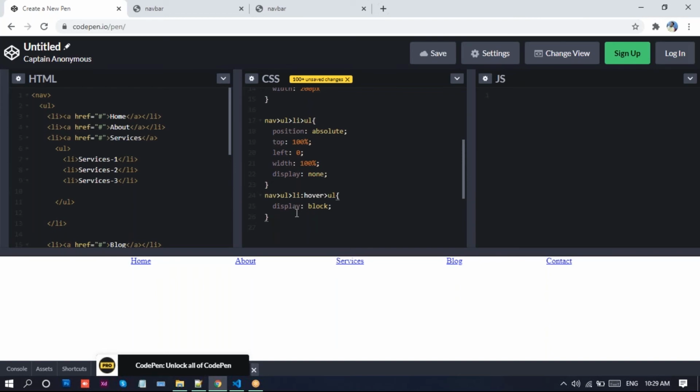Now we need to add some styles for this one. I'll take the UL for this one and write background color.